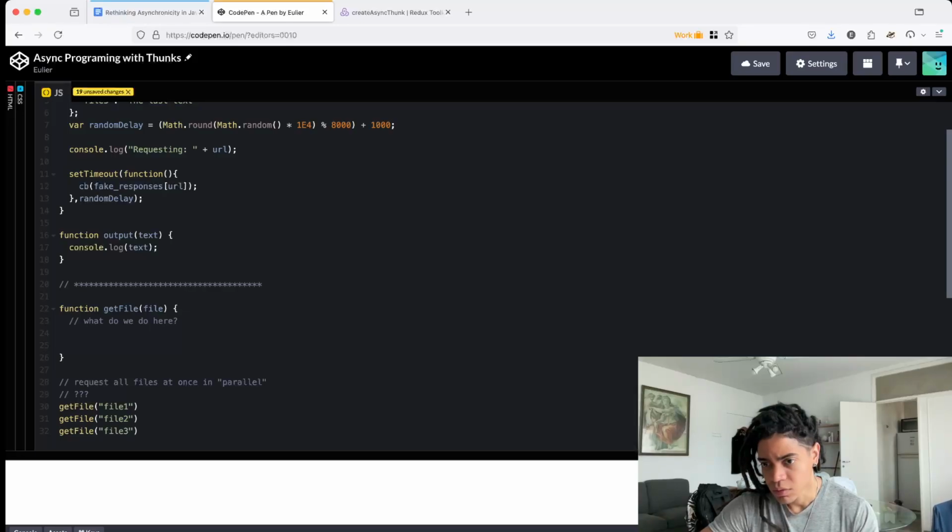To produce a Thunk. The question is, should your Thunk be lazy or should your Thunk be active? If your Thunk is lazy, are we going to be asking for files in parallel the way we want or not? If your Thunk is active, will we be asking for them in parallel? Okay? So first task is figure out how to,